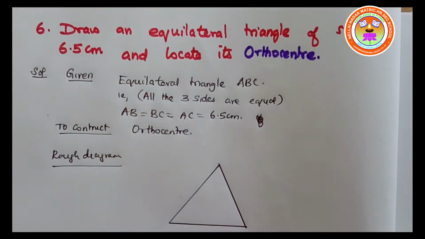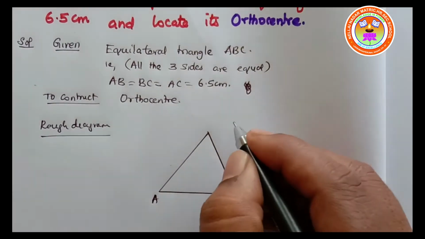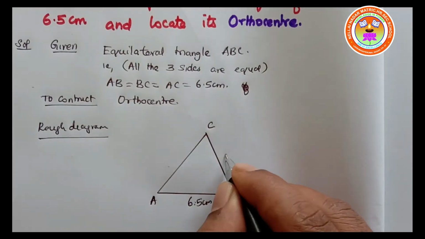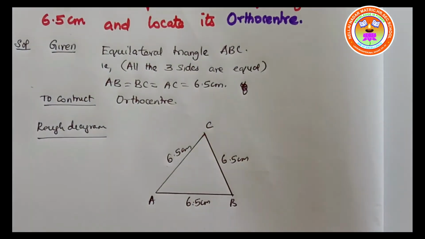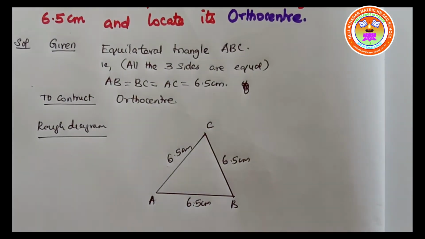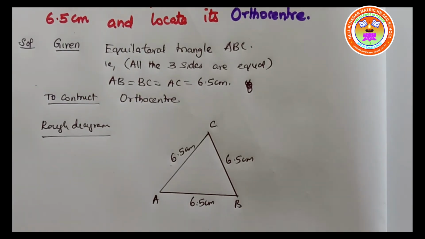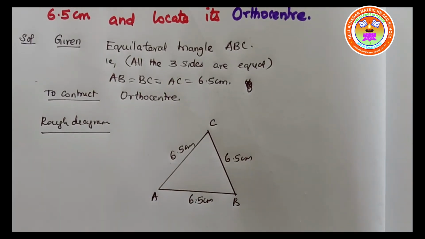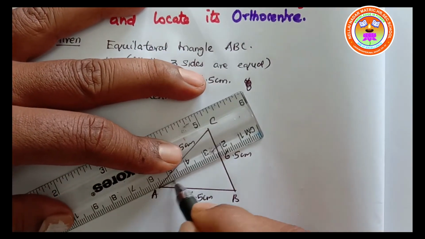So A, B and C. AB equal to 6.5 centimeter, BC also 6.5 centimeter and AC also 6.5 centimeter. Actually our aim is to construct what? Orthocenter, right? For that you need three vertices given. You select any two vertices and you have to draw the altitude. So we consider from vertex A altitude